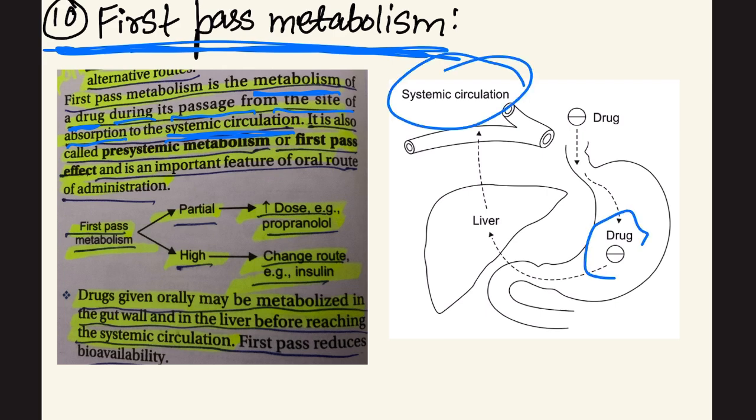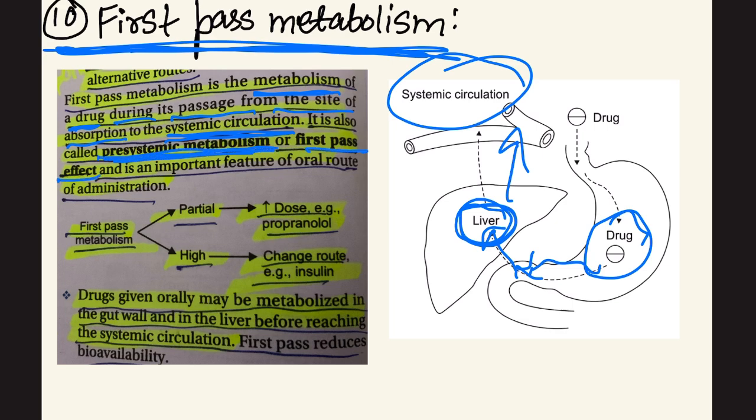So as you can see, the drug is present in the stomach, then it reaches the small intestine. From there, by the enterohepatic circulation, it reaches the liver, and there some of the drug is getting metabolized even before it is entering into the systemic circulation. So this is called the first pass metabolism, which is also called the first pass effect or the